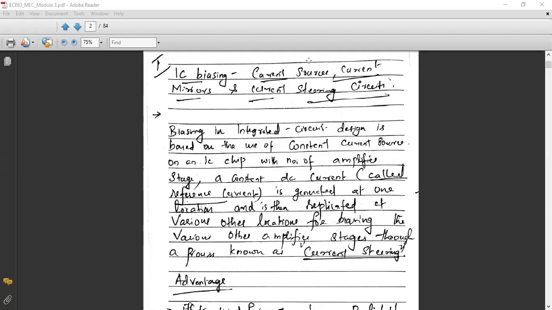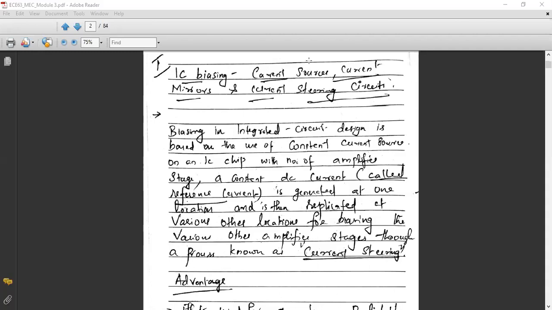But unfortunately you need the same current in other parts also, because an integrated circuit will have complicated circuitry inside. Different interconnections of different components will be there. For one component you may need 1 ampere current, and for another component also you need 1 ampere current. So we have to steer the current from one part of the IC to another location of the same IC. For that we are going to utilize current steering circuits.